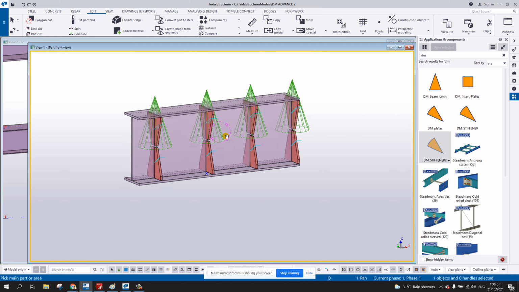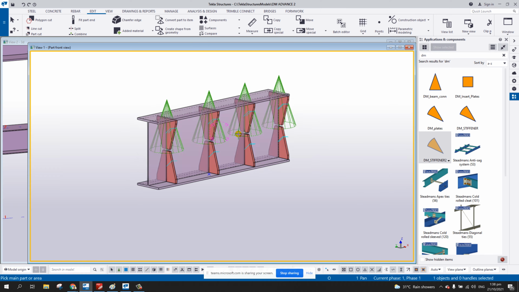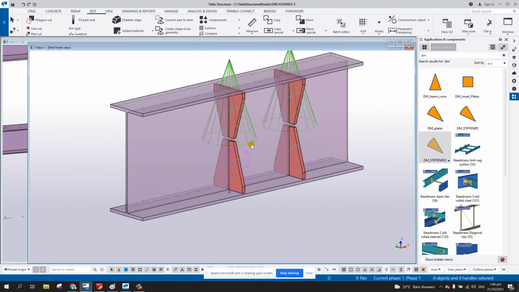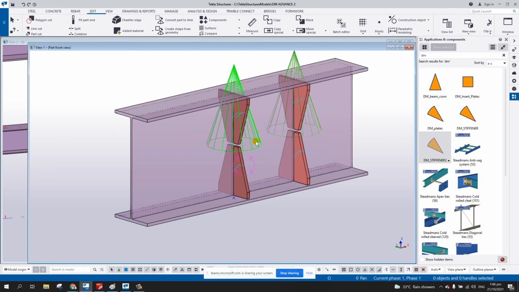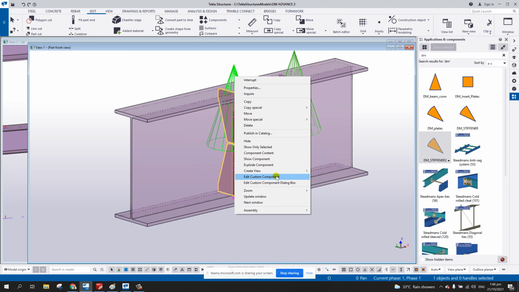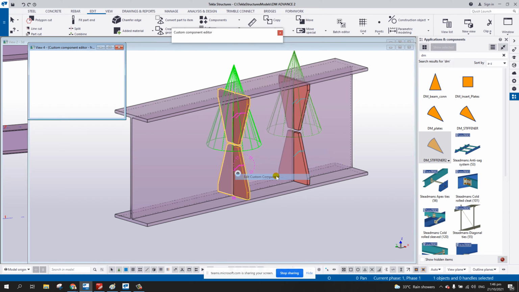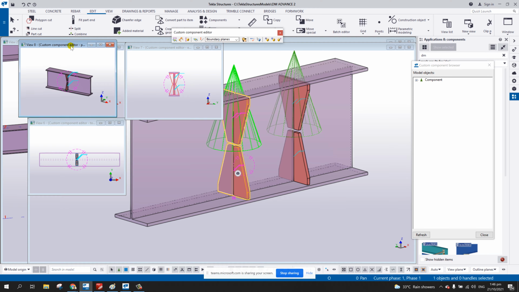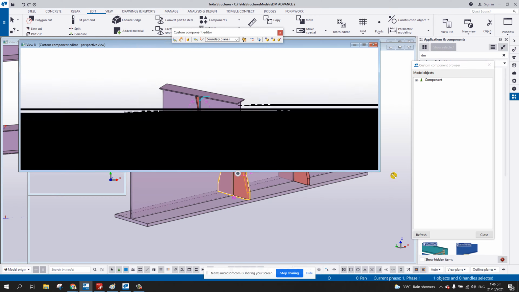Okay? So kindly do this one first, and then after that we will do the binding. So from here, we need to edit the custom component, and then we are going to start the binding. Okay? So again, let me remind you, the intelligent custom component that we're going to do is